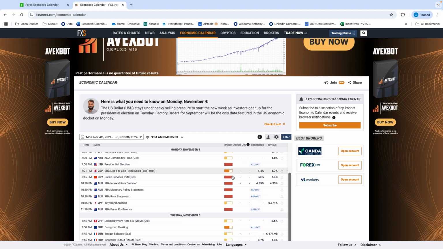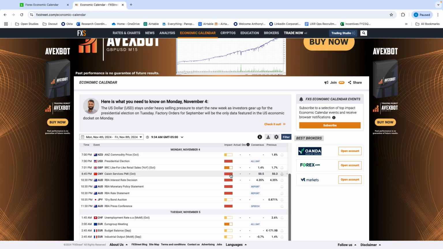For me, for the most part, the red news, like the RBA interest rate decision and RBA monetary policy, are all things I would adhere to. Now, the trick is understanding that you have to correlate this information to the pair or the currency that you're involved in. So, for instance, if I'm trading USD JPY and I come down here and I check and I